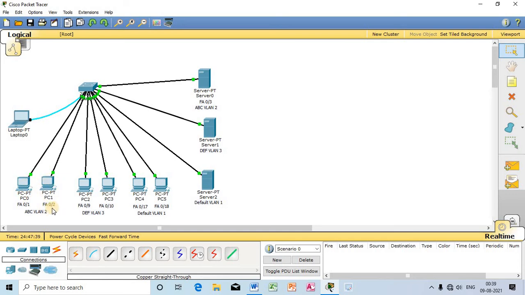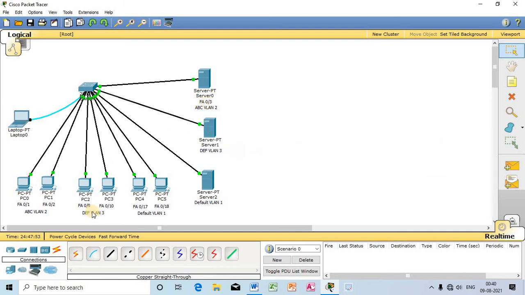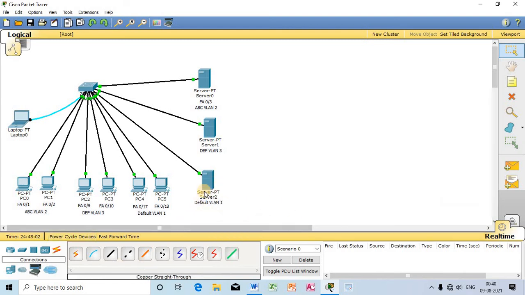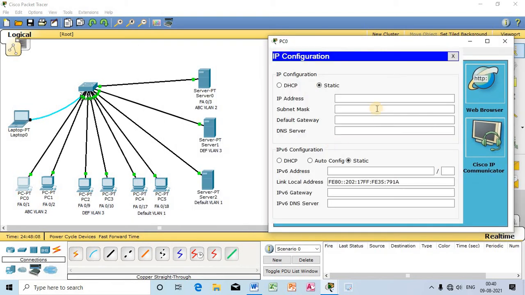These two computers will get IP addresses from this server, because this is connected with FA03, this is connected with FA011, so that is why they are under VLAN 2, and this is connected with FA017, maybe 19, so this is under this VLAN. So let us request IP addresses.